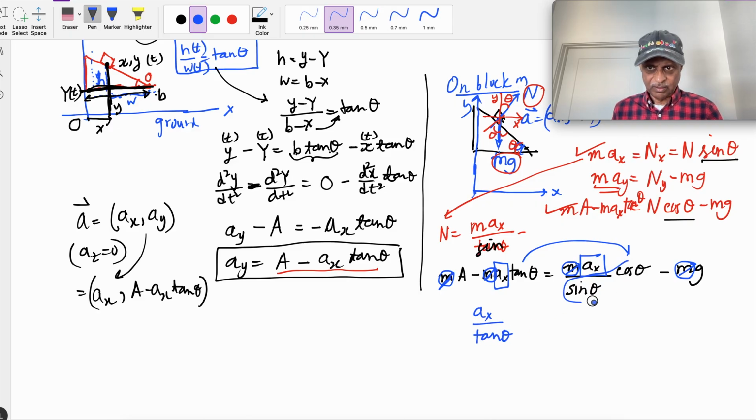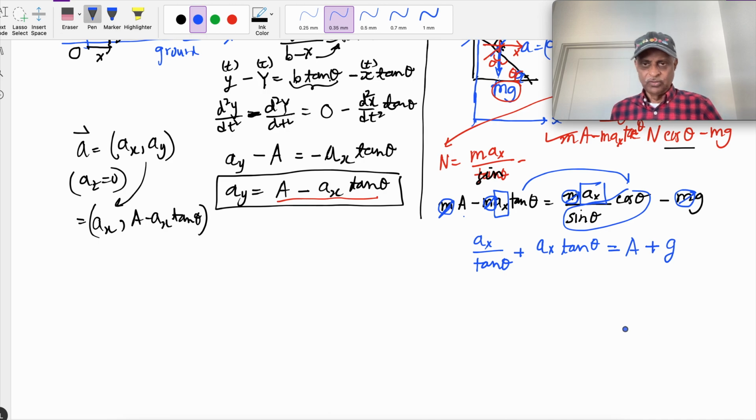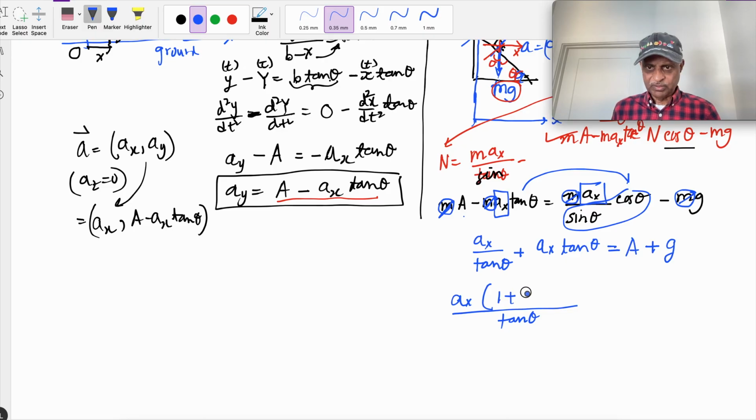This comes over there, plus ax times tangent theta, equals a plus g. So ax, tangent theta, and ax is common, 1 plus tangent square theta,